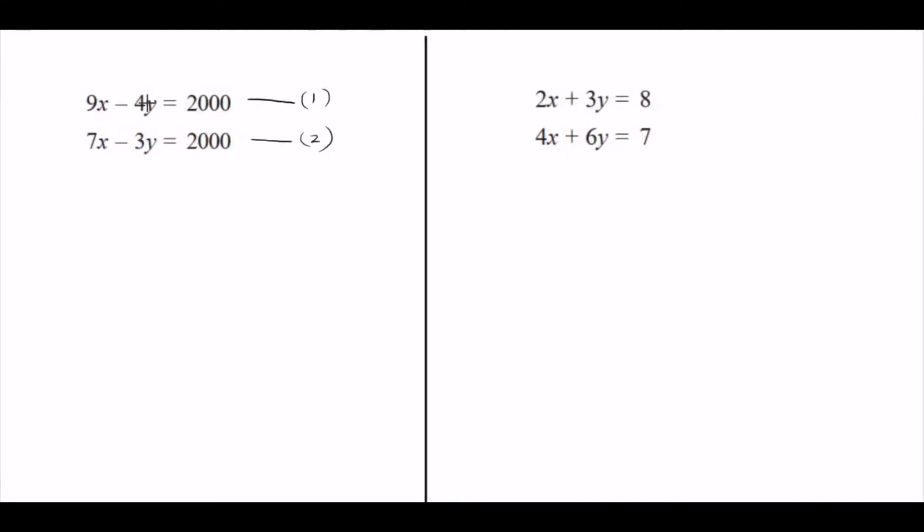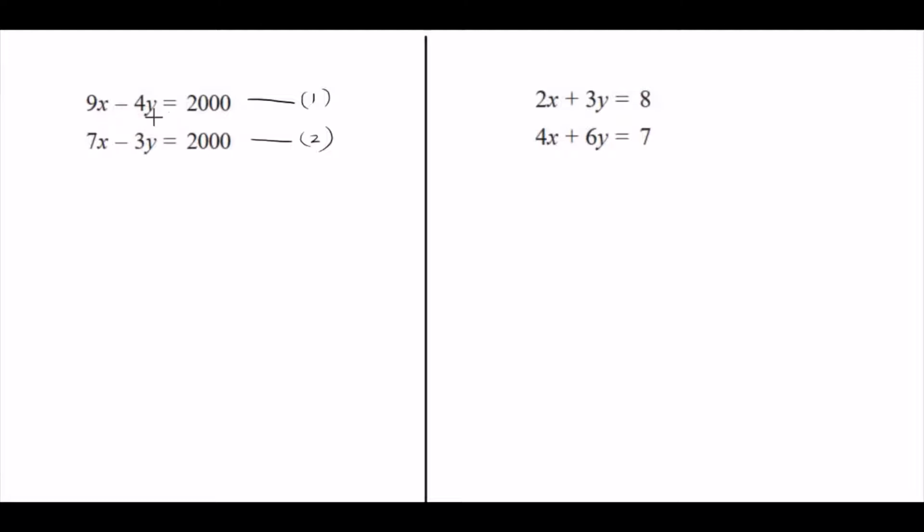In the elimination method, we eliminate one variable. You can either eliminate the x variable or you can eliminate the y variable. In order to eliminate, what you have to do is make the coefficient of that variable numerically equal. That is, we multiply an equation with some non-zero constant and make the coefficient of a variable equal. So here, I am going to make the coefficient of variable y equal.